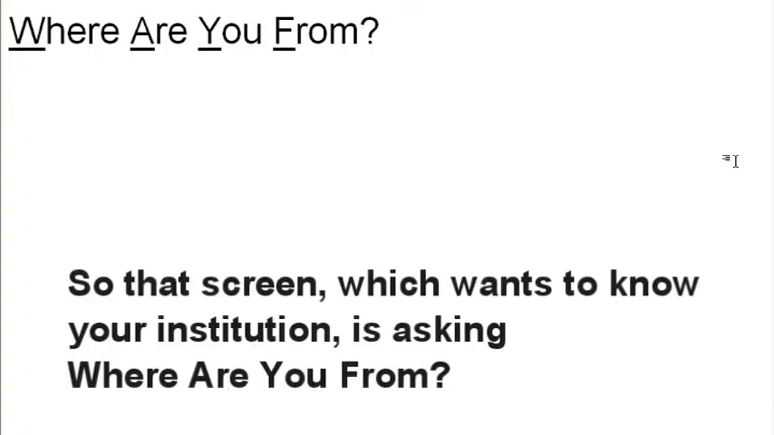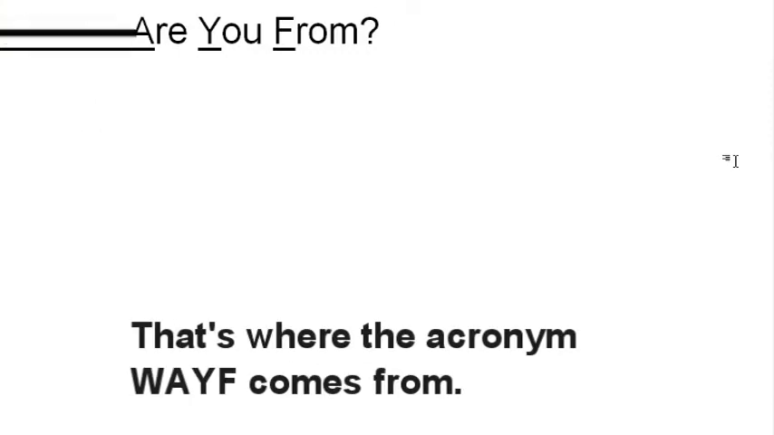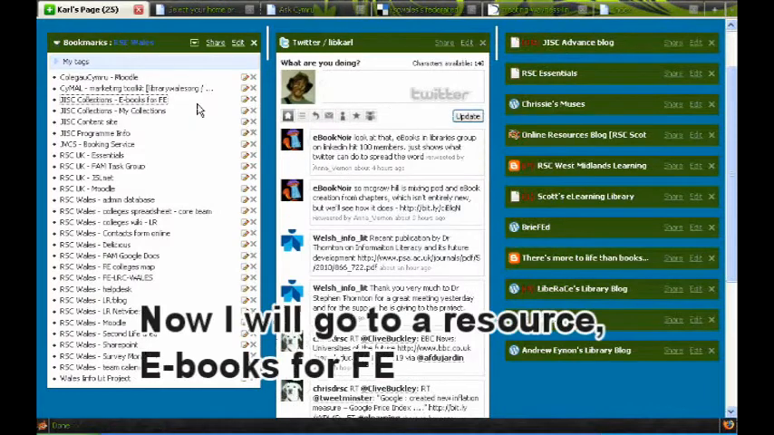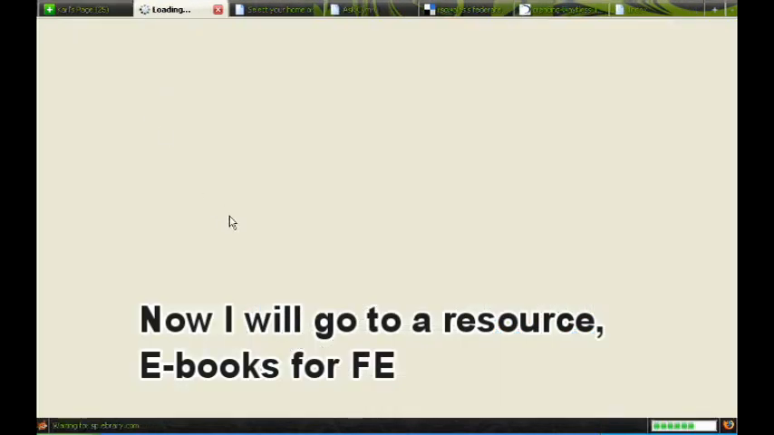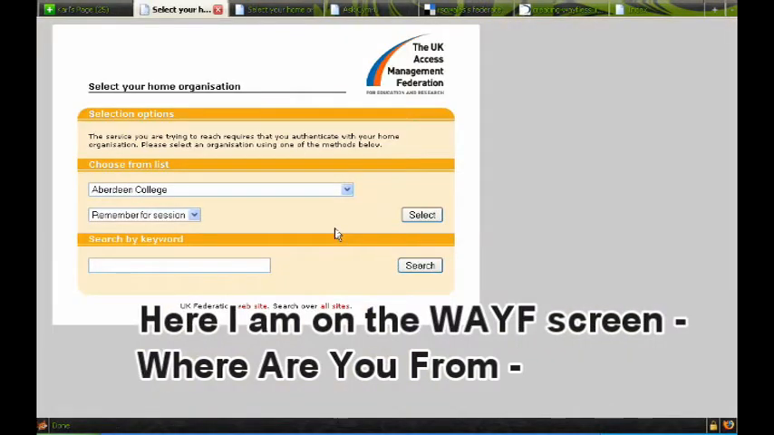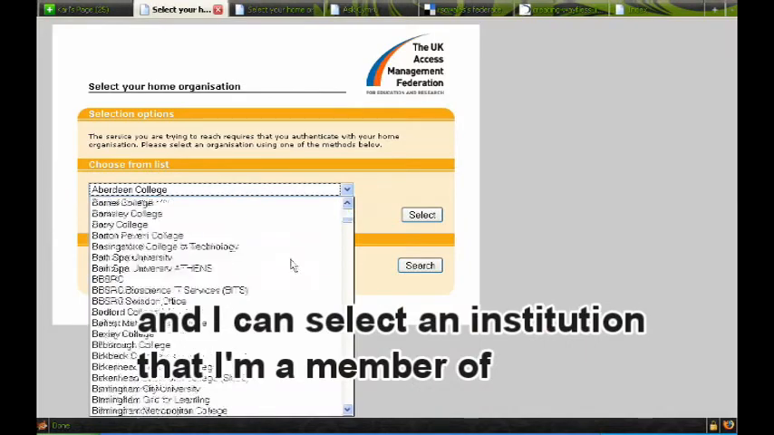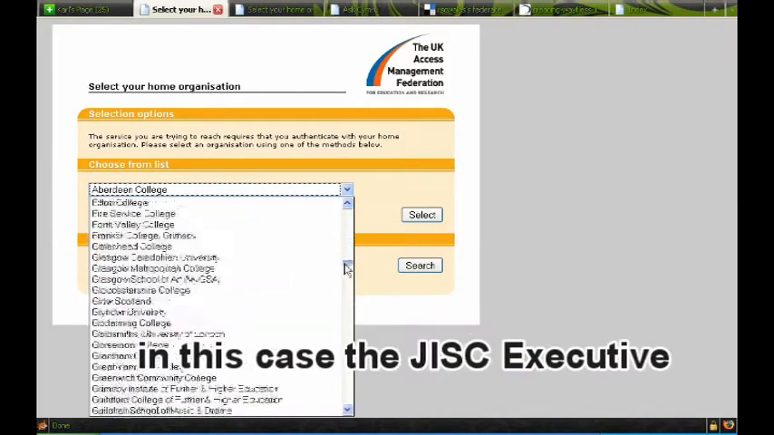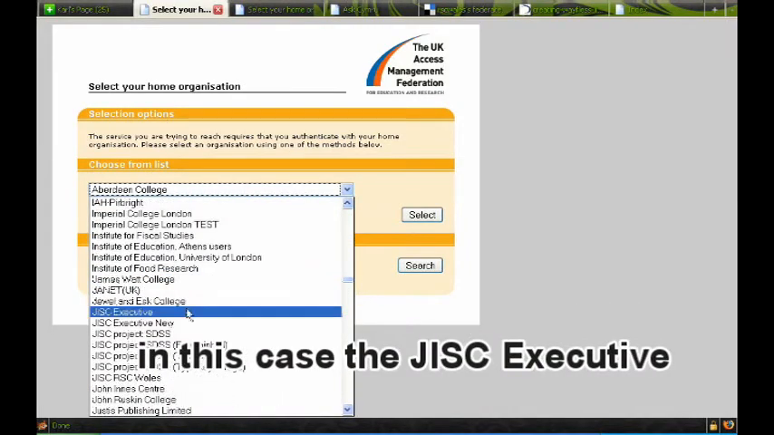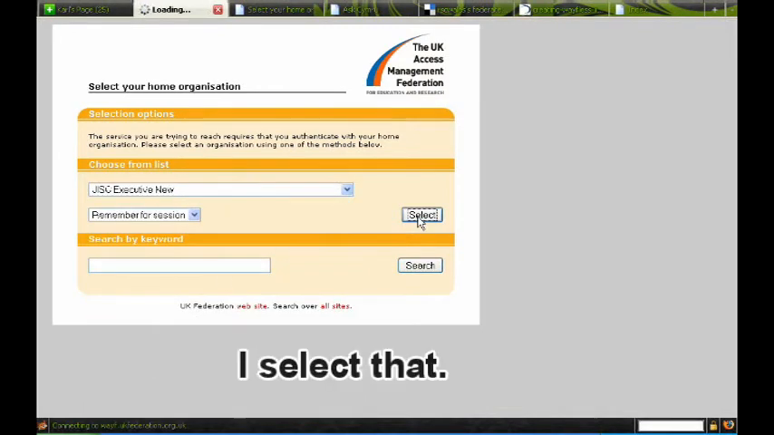So that screen that wants to know your institution is asking where are you from, and that's where the term WAYF comes from. So now I'm going to attempt to go to a resource, eBooks for FE, and here I am on the WAYF screen, where are you from, and I can select an institution that I'm a member of, in this case the JISC Executive. I select that,